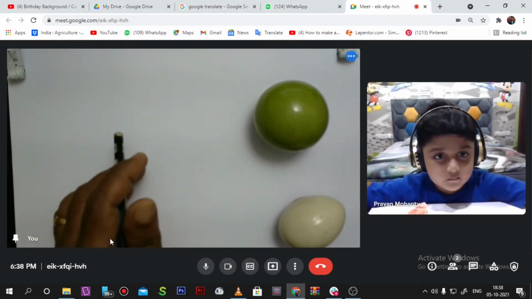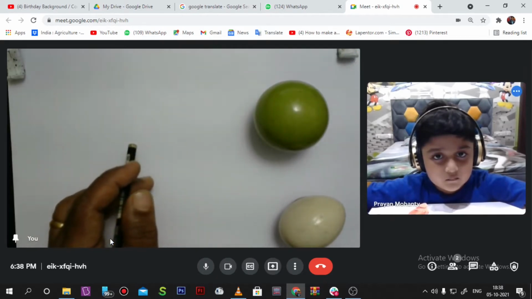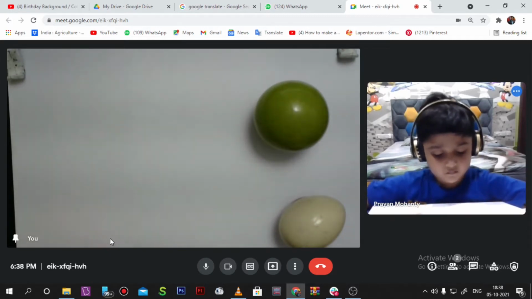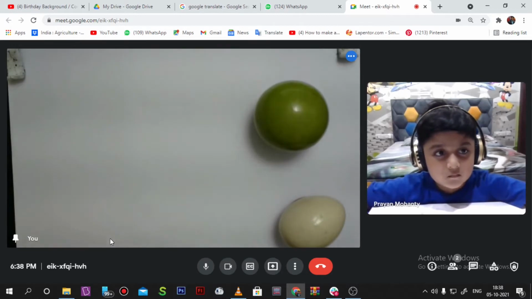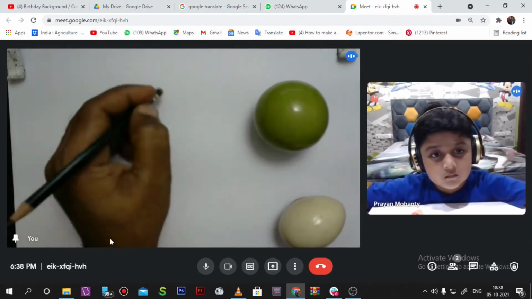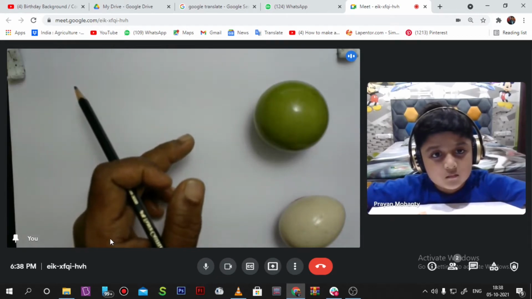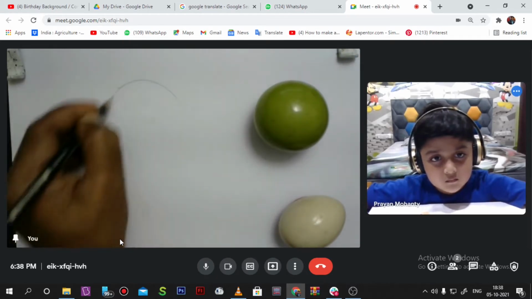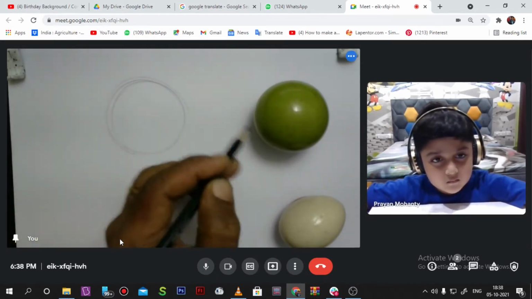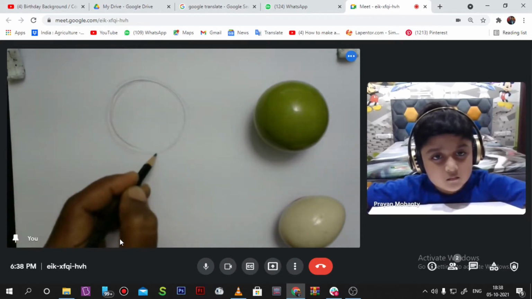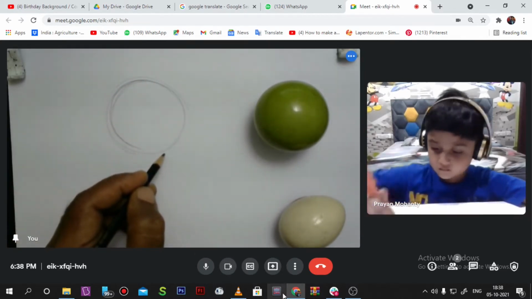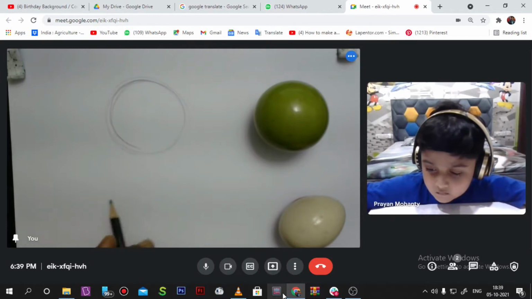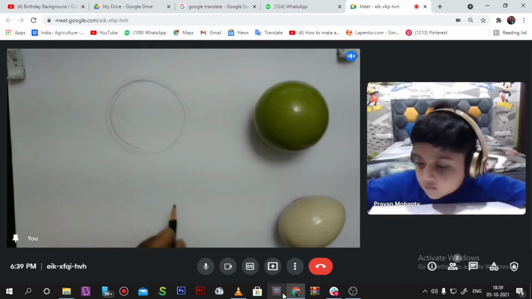Okay, I show you bird parrot. So basically, when you draw a parrot, first you need to draw a circle. So I'm making a circle over here. Same thing, first this shape, circle. You also draw with me, then you can finish it in just 2 minutes. First draw the circle. Okay, done that much.